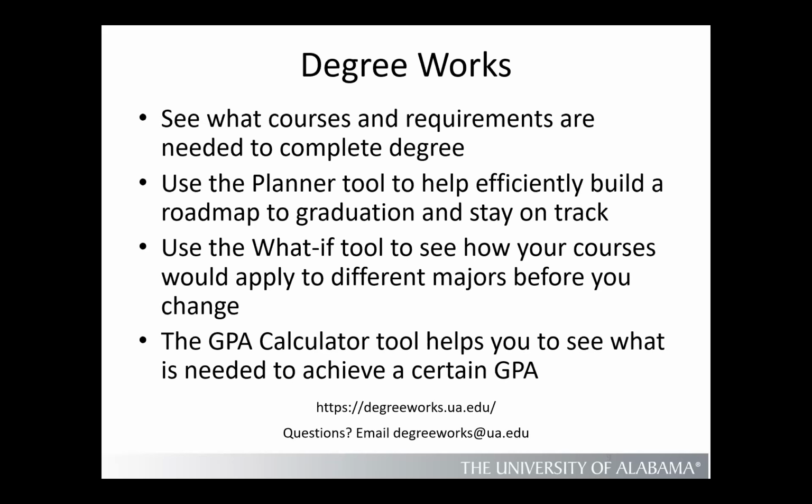If your student is looking at maybe changing majors, the What-If tool is really helpful. It allows you to look at the courses that the student has taken and see what those courses would look like if they were to pursue a different degree or a different major. So I think that can be very helpful as well. And the GPA calculator is nice too. It'll allow you to see what you need to get to a certain GPA or to calculate a GPA. There's different options there within that. But I encourage you, or your students, to play around with that.